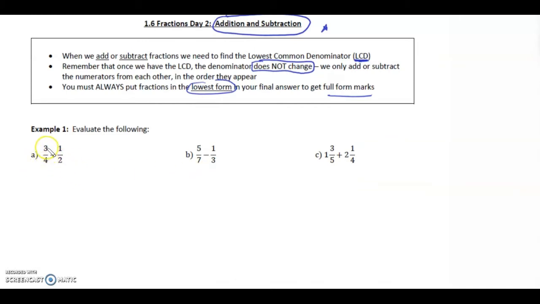Okay, we got 3 over 4 plus 1 over 2. So our lowest common denominator, I tend to go up all the time. So if we take a look at multiples of 2, like 2, 4, 6, 8, multiples of 4, 4, 8, 12, okay, we choose the one that's like the lowest. So in order to express 1/2 with the denominator 4, so I'm going to bring down the 3/4, what we're